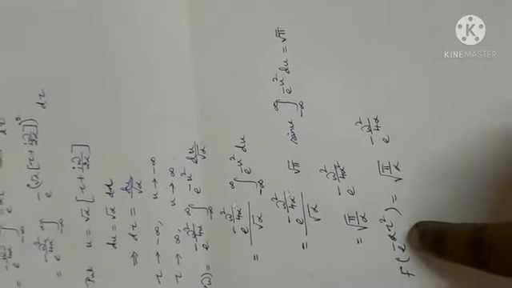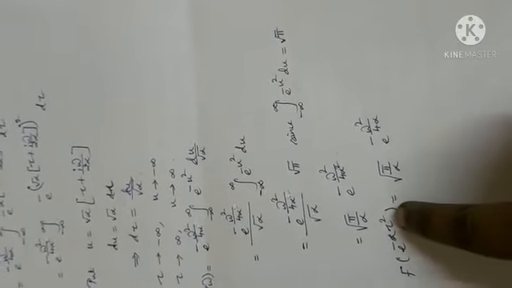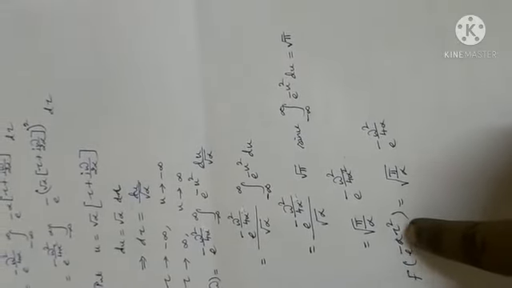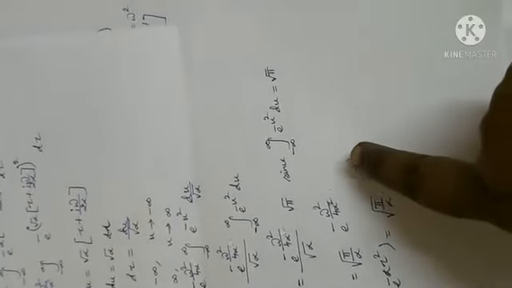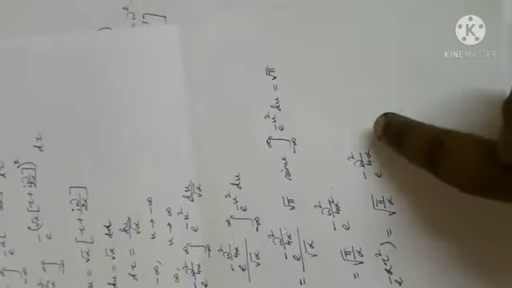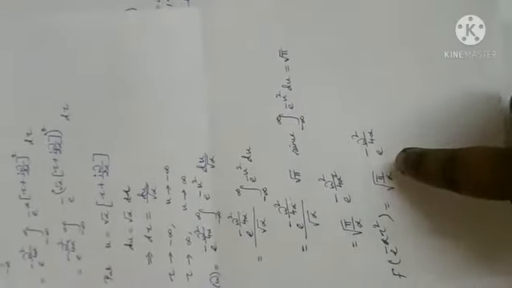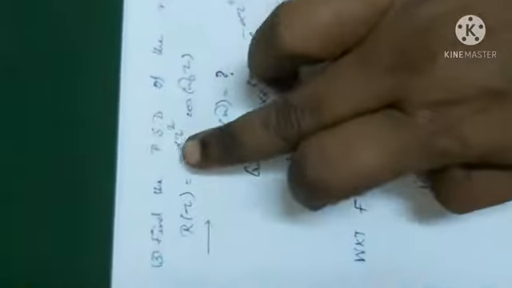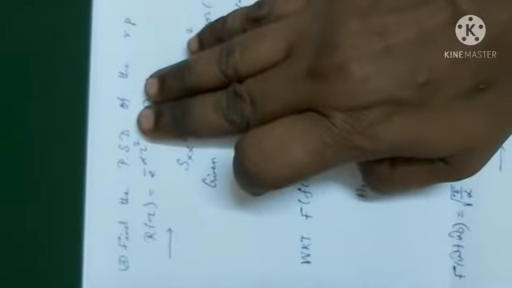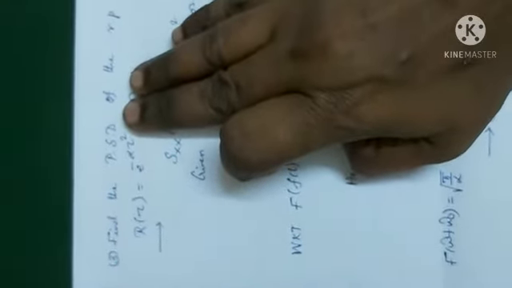Fourier transform of e power minus alpha tau square is root of pi by alpha into e power minus omega square by 4 alpha. So please keep in mind this as a formula, okay? You listen here, ma'am. See the next problem, which is we had done simply with e power minus alpha tau square, right? And we found the answer.